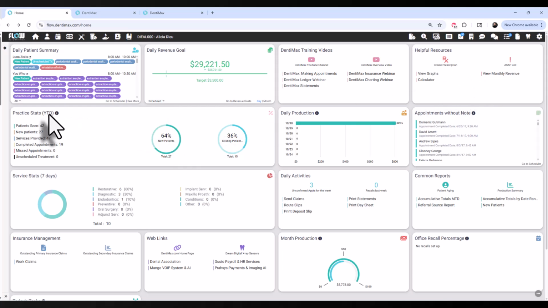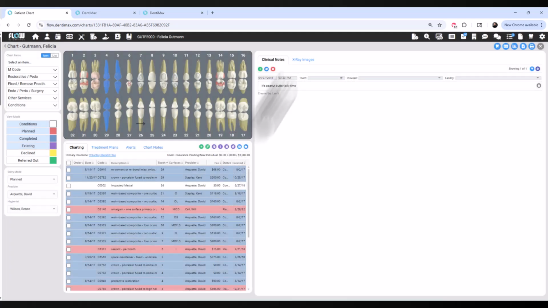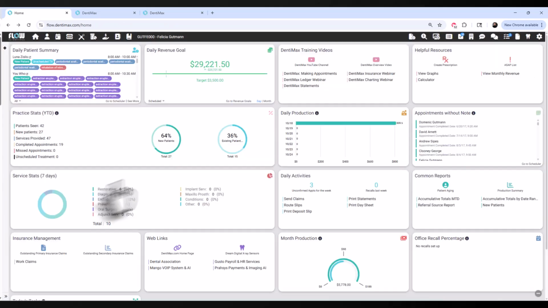We also have practice statistics, breaking down what kind of patients you've seen year to date, as well as daily production for the last 7 days, patients seen without a clinical note, and a hyperlink for you to quickly go check that patient out and complete your note. We have service statistics and how your numbers break down, daily activities, with links to other sections of the program,